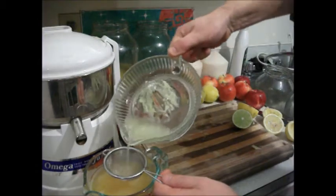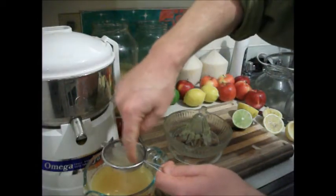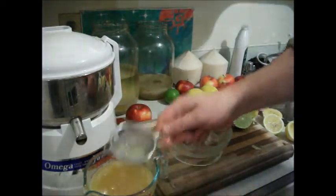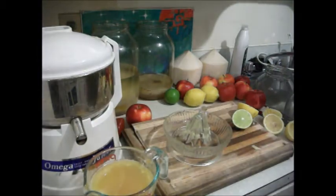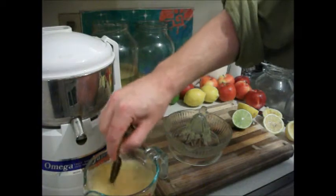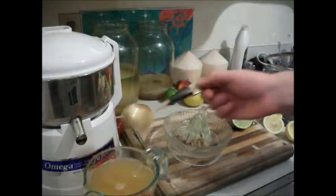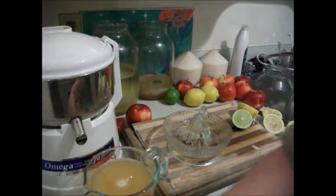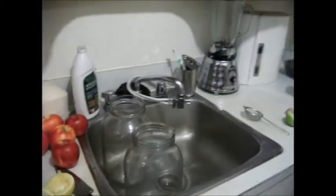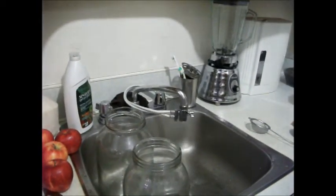Okay, so there we go. There's the half a lime now. Just give a little stir like that, and you can eat this part here. And we'll stir that up, and then we'll add some of the ginger, and the ginger has still got some warm water, so that's going to help balance it out, because now we're going to come over here and we're going to get some of that water from this